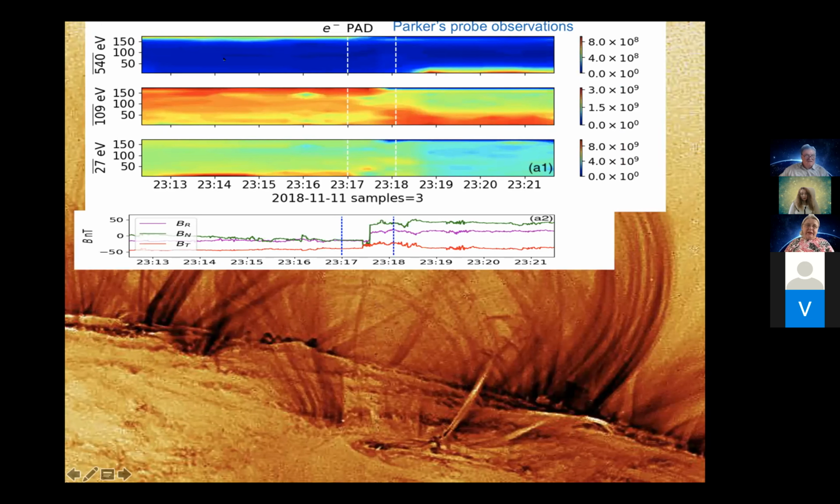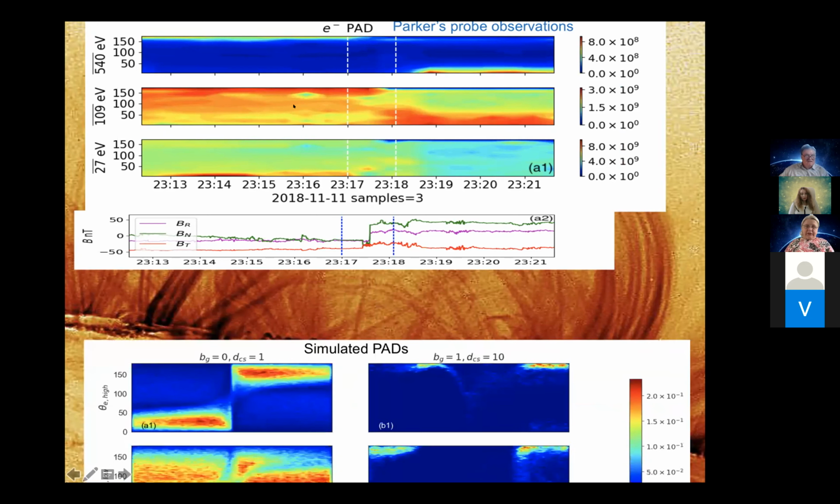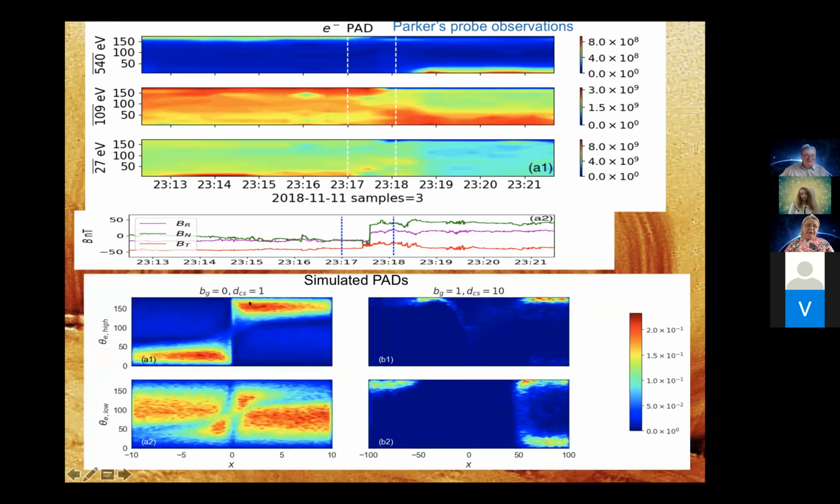Again, this is the high energy electron with two strahls, high energy beams coming from the current sheet, and lower energy electrons looking as diffusive as possible. If you look at this picture, these are your strahls coming from the current sheet for high energy electrons, and